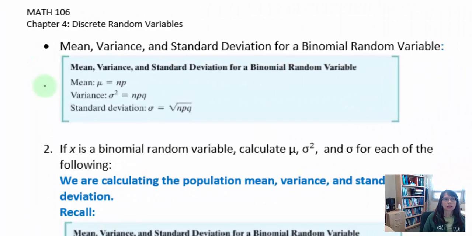We will continue our discussion of binomial random variables today, and we'll calculate the mean, variance, and standard deviation for a binomial random variable. You can see here in the first table that the mean, mu, is found by taking n multiplied by p. So the number of items multiplied by the probability of success. The variance is found by taking n times p times q. The standard deviation is taking the square root of the variance, so the square root of the product n times